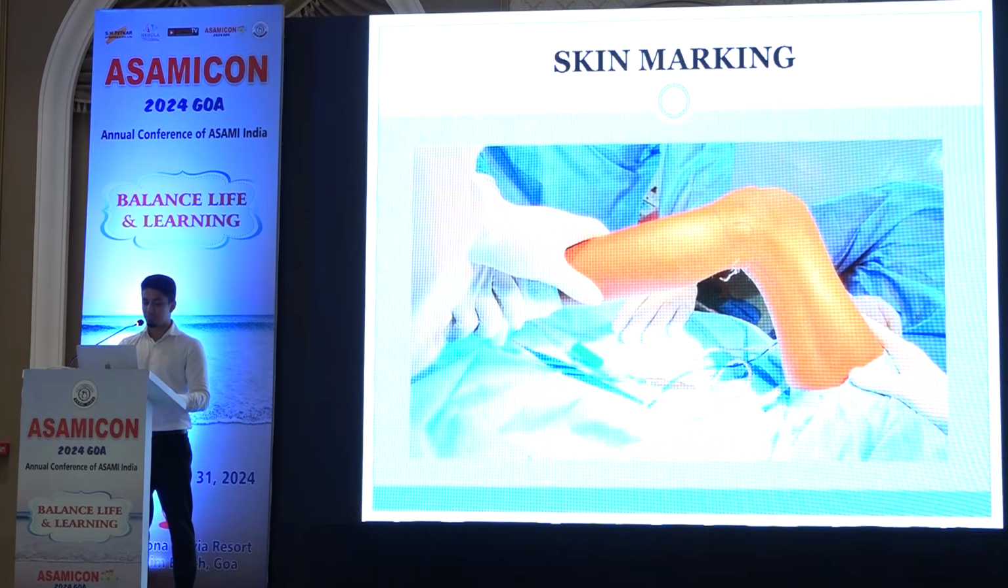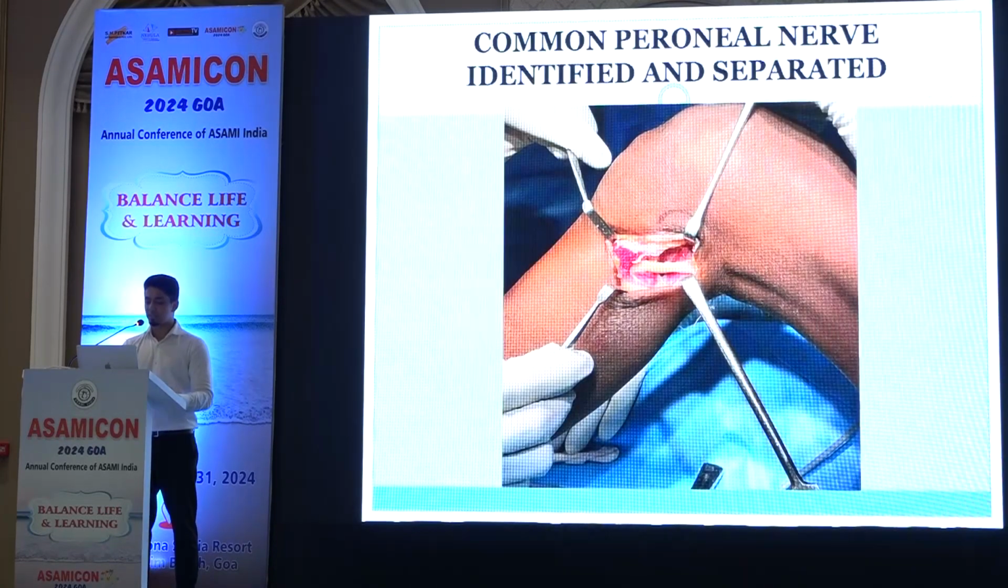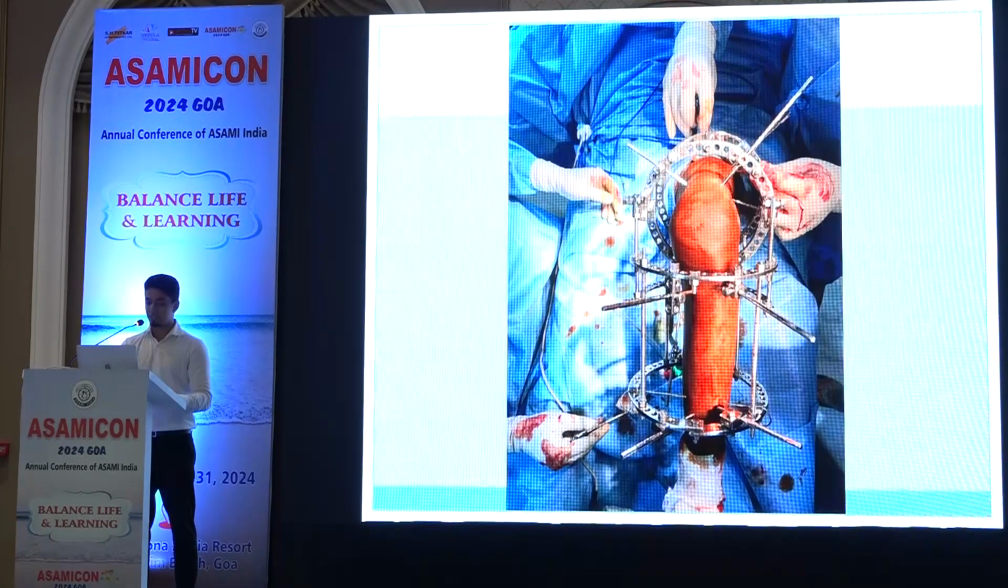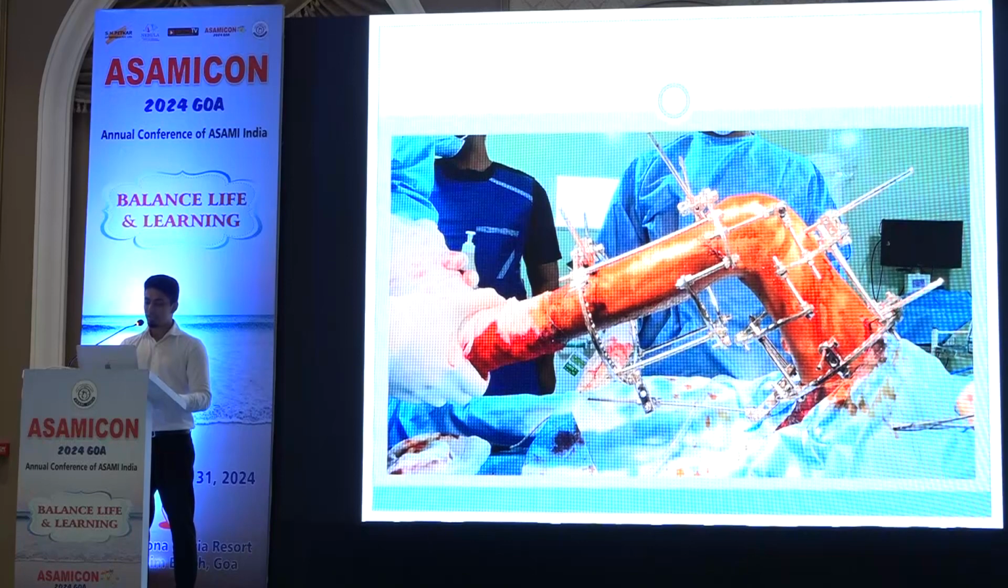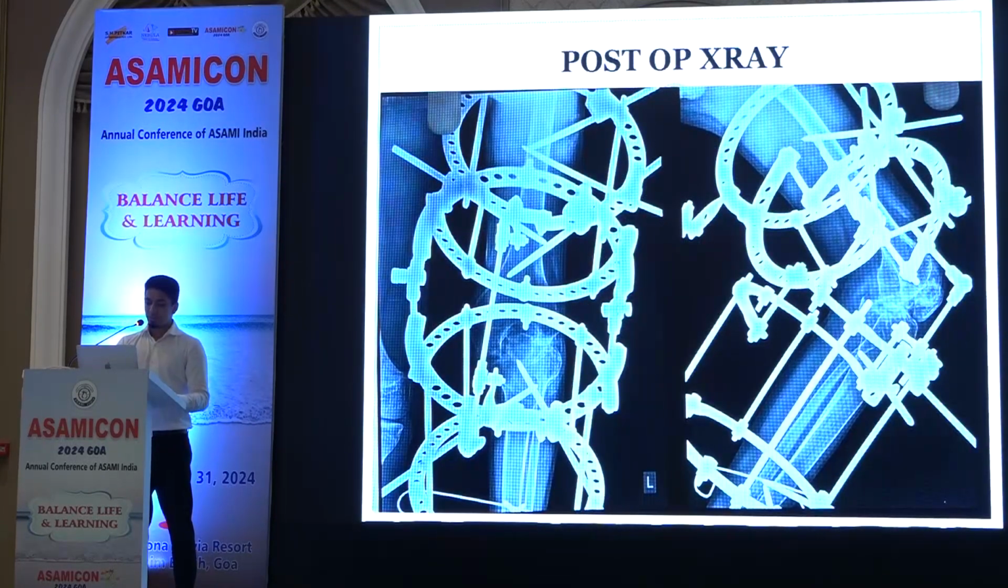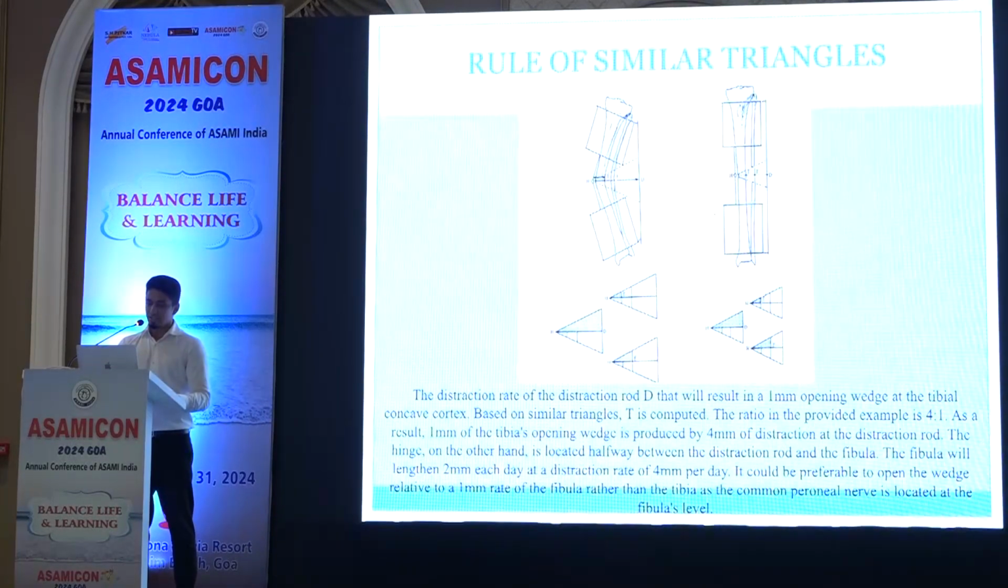The reduction was checked and found to be satisfactory. The skin marking for the fibula head and the common peroneal nerve release. These are the intraoperative images. The immediate post-operative X-ray. The rule of similar triangles was used for the hinge placement, according to which this calculates